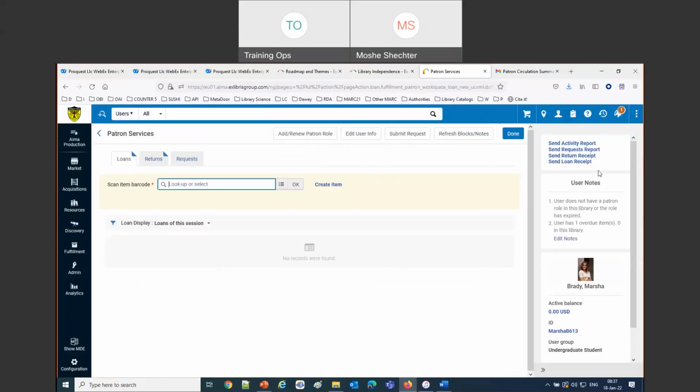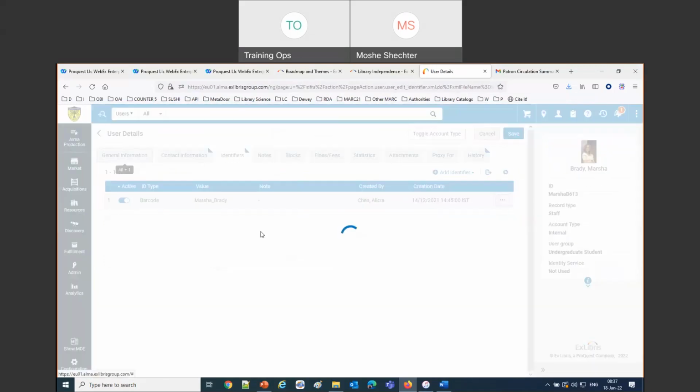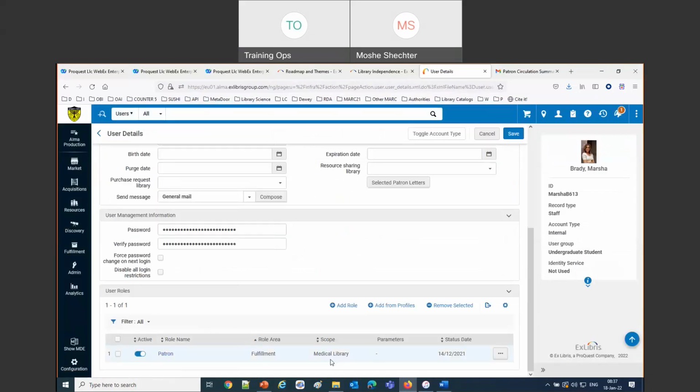Let's go right into the user. She's got a patron role in the medical library. This is not new, but I need to show the situation we have in order to show the functionality that we have. So she's associated only with the medical library. She can't loan an item from another library, and we're going to see that in a moment.